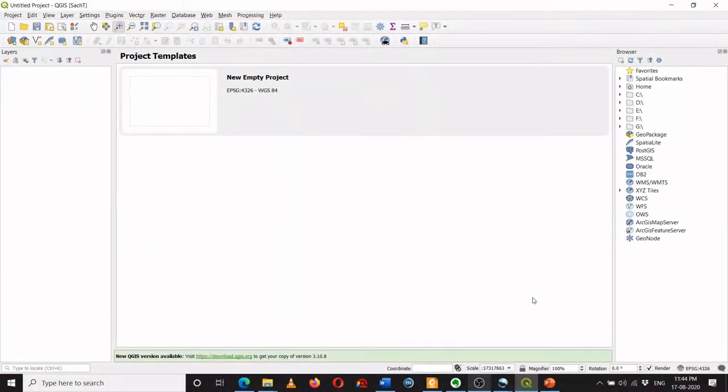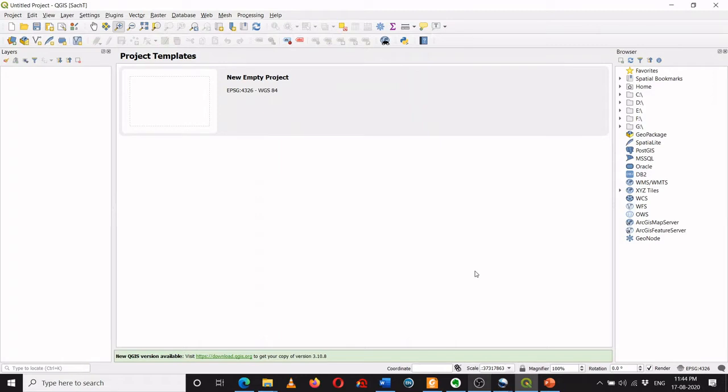Hi, so in this video we'll see some of the aspects of vector data. I have already shared with you a data folder containing vector data. You need to download this data folder at a known location in your system. Now this is my GIS interface, and we will first see how we can